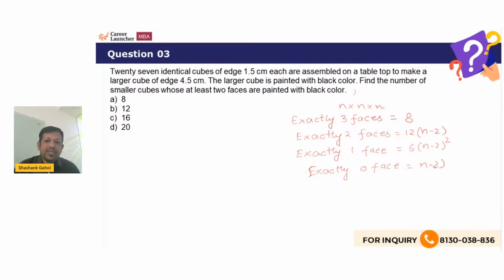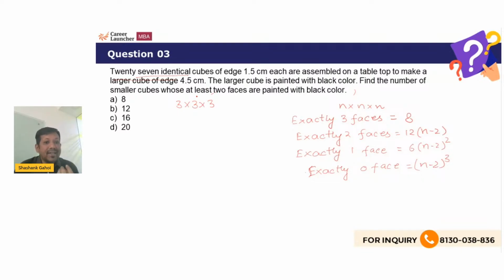So whenever you see these kind of questions, don't think much. Just directly use the formula. You are definitely going to get the answer. Now this one says 27 identical cubes are there. So 27 means I can write it as 3 into 3 into 3, that is n into n into n. Now I'm mixing all of them, painting all those faces, then I'm dividing it. So how many cubes